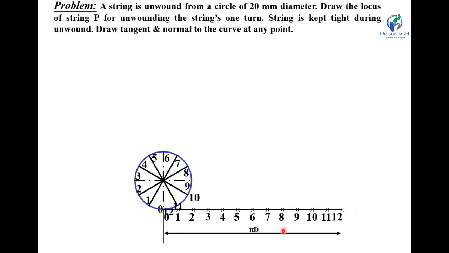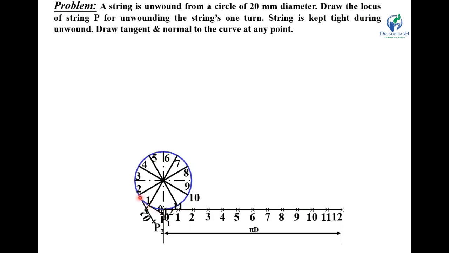Now the next step: from this point 1, you have to draw a tangent, or we can say a line which is perpendicular to this line, and the length of this line is equal to the distance 0, 1, or we can say one part of this line. There are 12 parts, so here you have to draw a line with length equal to one part, that means 0, 1. Or you can say take 1 as the center and radius equal to 0, 1, and draw an arc on this line. So you will get the point P1.